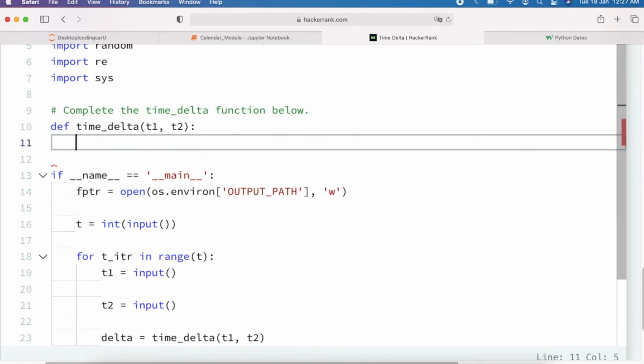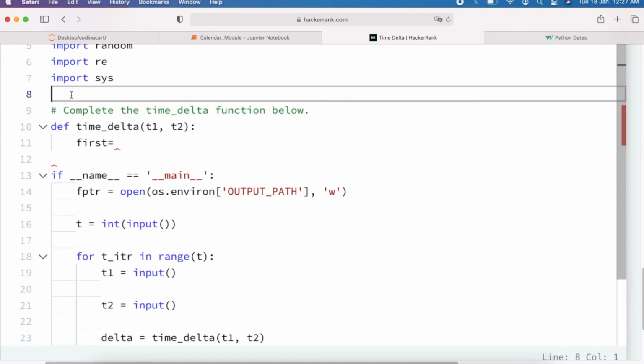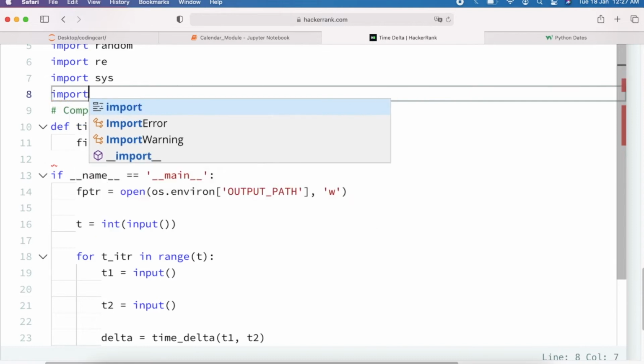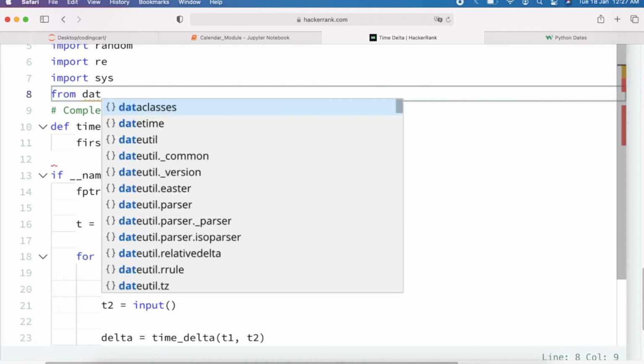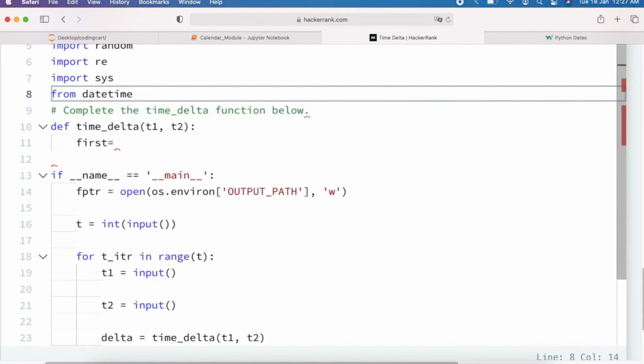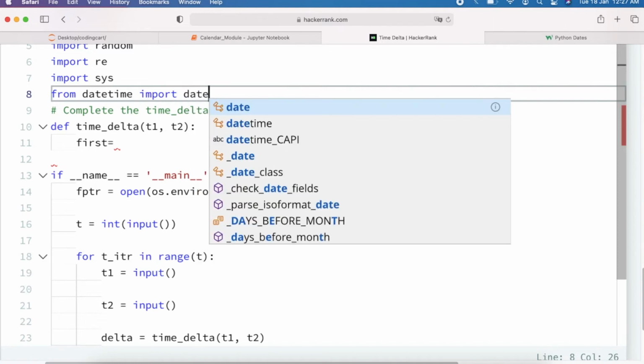Suppose I write first equal to, now we have to use date time format. So for that, let us import: from datetime import datetime.